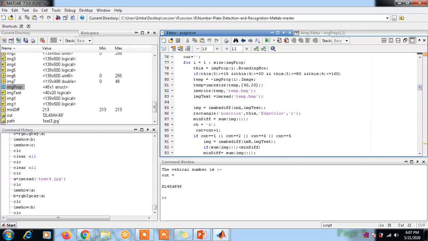Then in this loop we have compared the original image with our photograph of the car number plate.